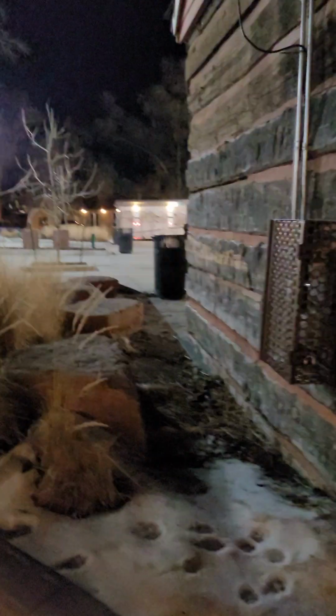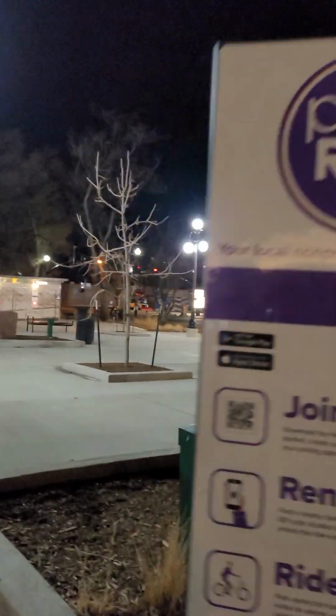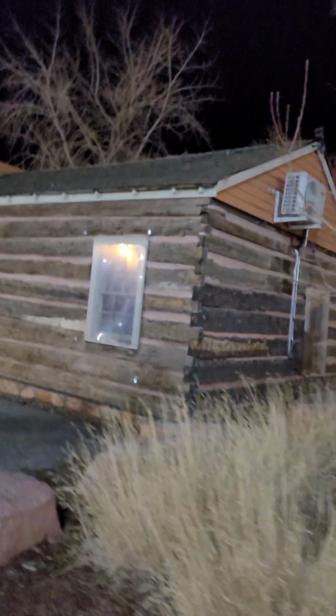But ours has the rounded timbers still. They're still rounded on our cabin. And it's built into the side of the mountain, and there's like a big rock that's built onto it. So that's the old cabins here. Look at that craftsman work. Look at those joints. Hey, I could take a ride home. I can rent it. Here's the other part of it. Our cabin's bigger though. It's a lot bigger than this, but...